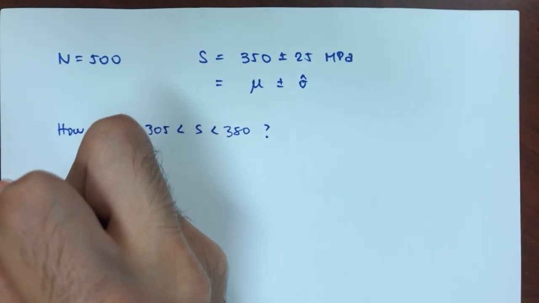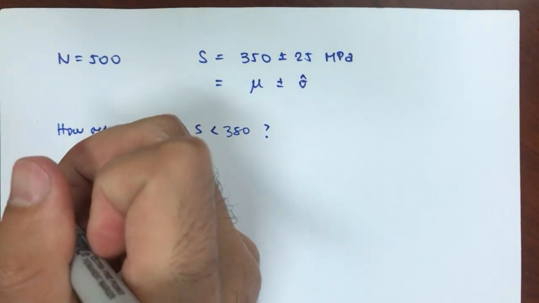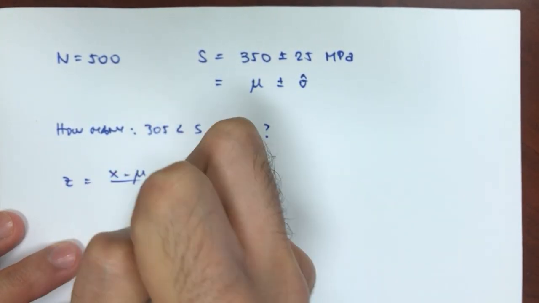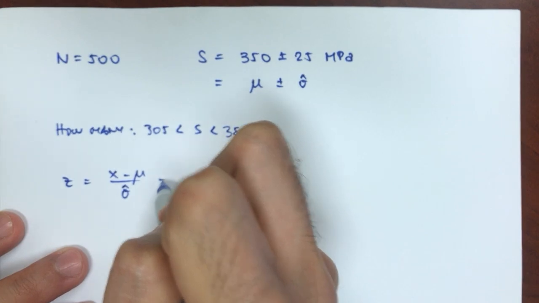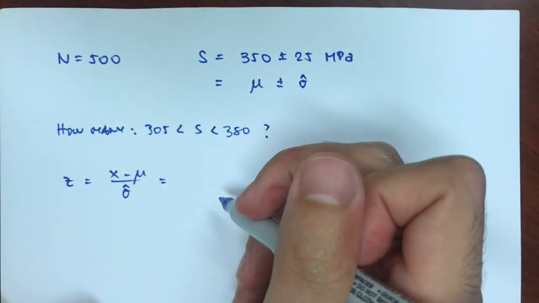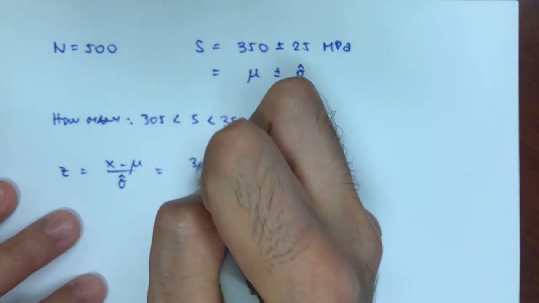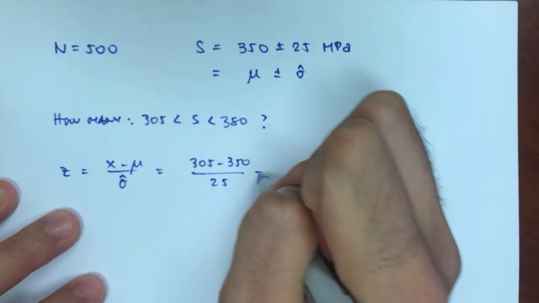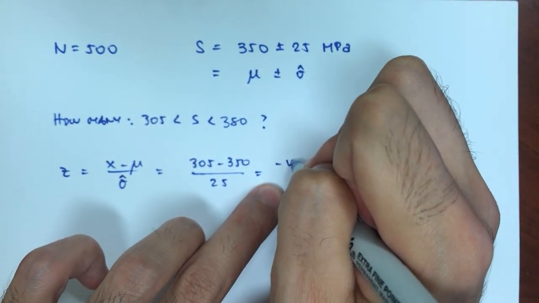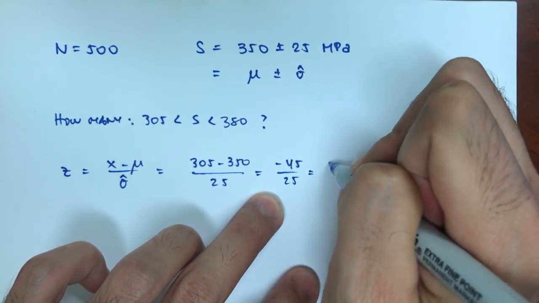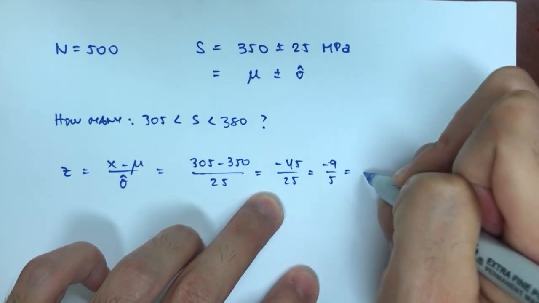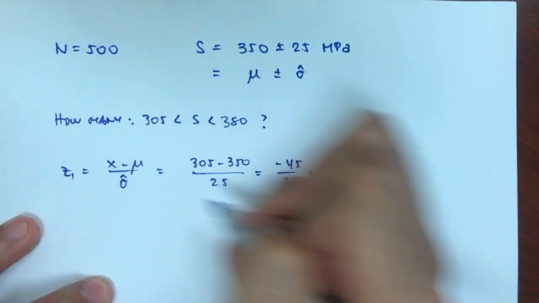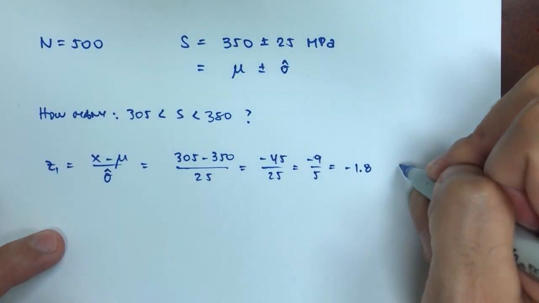So I have my non-dimensional variable z, which is x minus mu over the standard deviation. So I'm going to do it for both limits. 305 minus the average over the standard deviation will give me minus 45 over 25, which is minus 9 over 5, or minus 1.8. And the probability, that's z1. The probability for z1